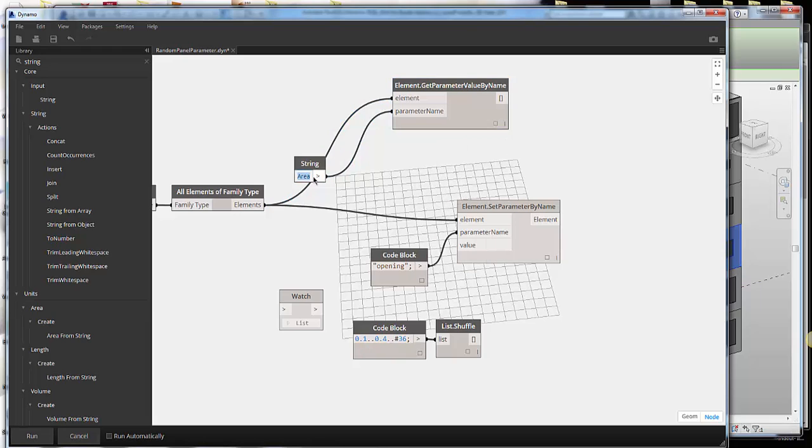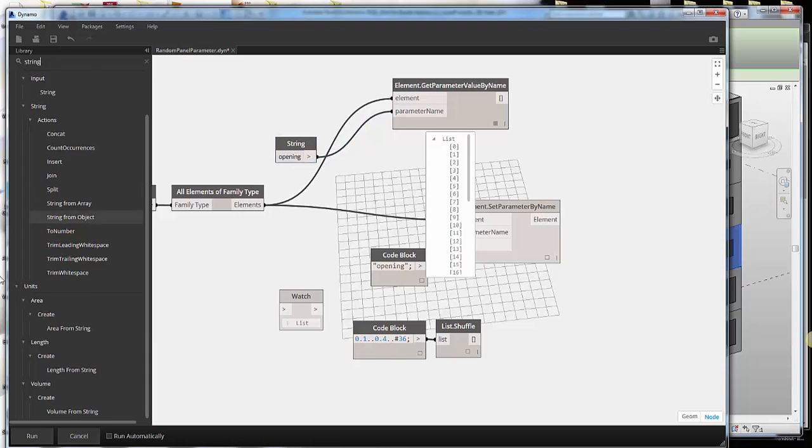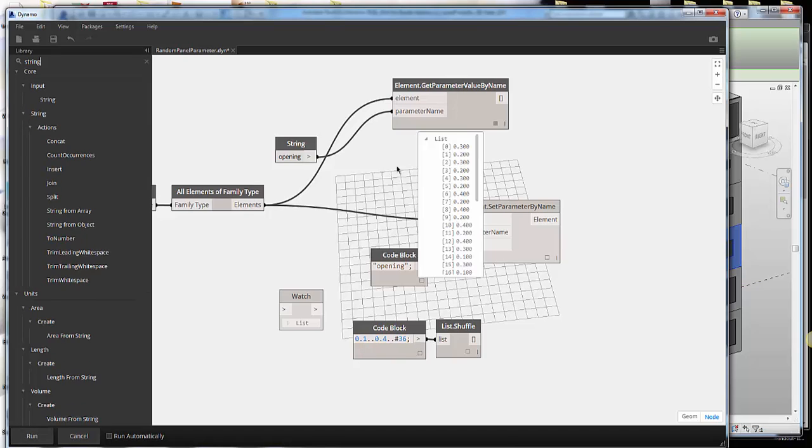If I put in that other parameter that we were looking at, opening, I can run that and I can get, oops, opening, oh, case sensitivity. So opening is lowercase, so I need to put in opening like that. And now I'll get all those values that I already wrote into all those parameters. So this is get. What I want to do is I want to set it, because I want to manipulate